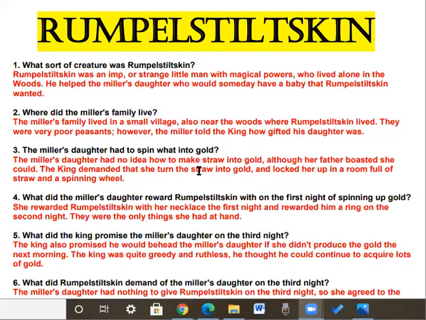Now I am reading out for you question number 2 and its answer. Question number 2 is, where did the miller's family live? I repeat, question 2, where did the miller's family live? Answer hoga,